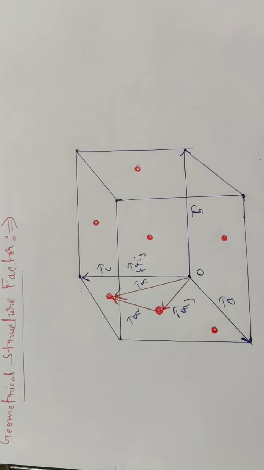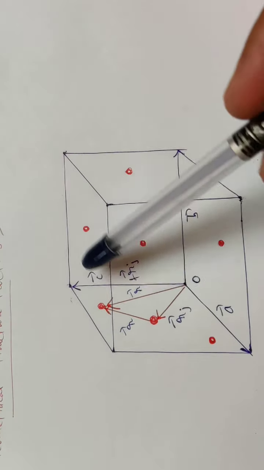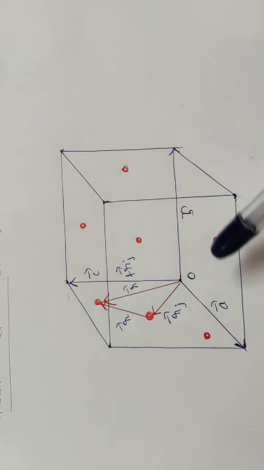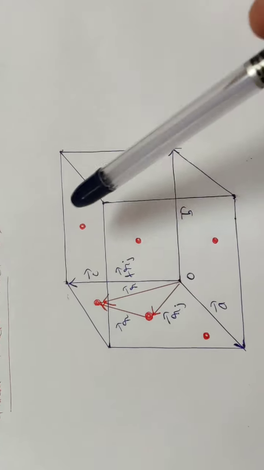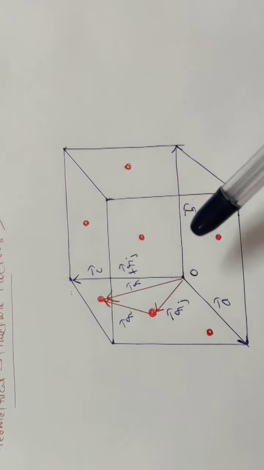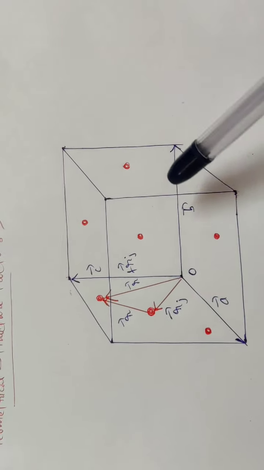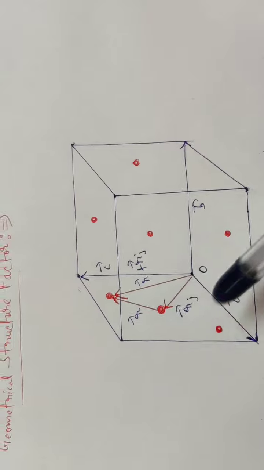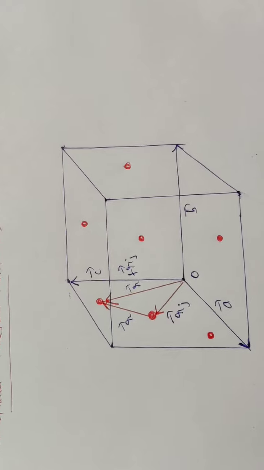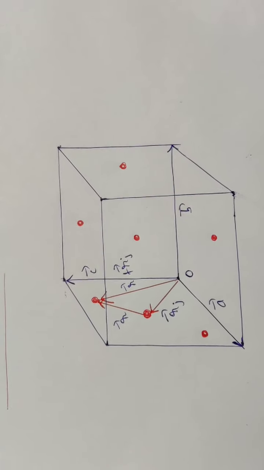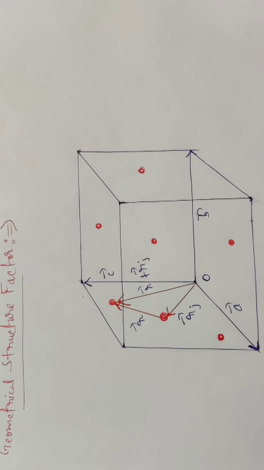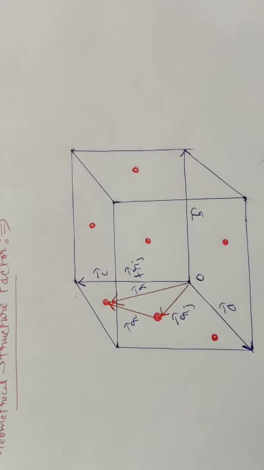So reflections in the lattice are described by reciprocal lattice points, and the relative intensities of the various x-ray reflections depend upon the content of the unit cell. That means how many atoms the unit cell has, what their relative positions are, whether it is BCC, FCC or simple cubic in the cubic system, and the electronic distribution, how many electrons are distributed and how they are distributed in a particular unit cell. So if there is more than one atom in a unit cell, for example BCC and FCC, we have to consider the interaction of beams diffracted by the various atoms within the unit cell, in the scattered amplitude.